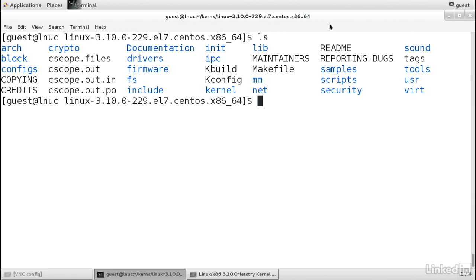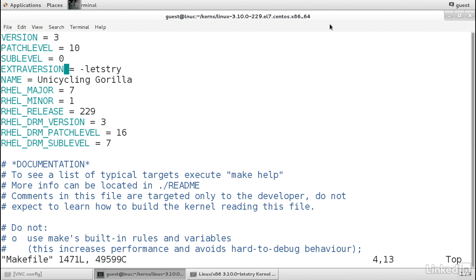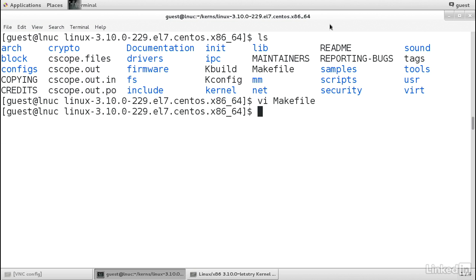Here we are in the top level kernel directory. Let's edit the kernel makefile and make a new version. So instead of what's there, let's put something new here. Let's say build test. So our kernel is going to be 3.10.0-build test. So we save that makefile out,